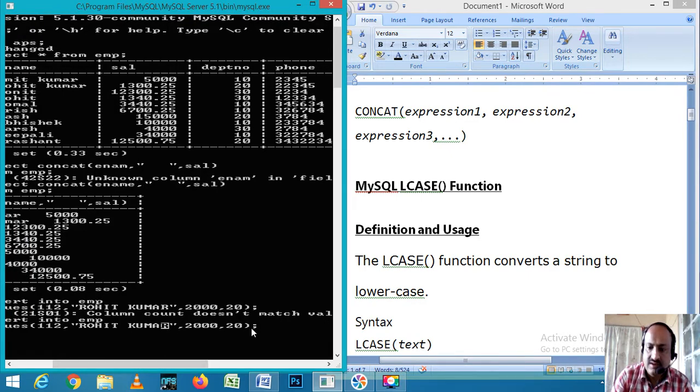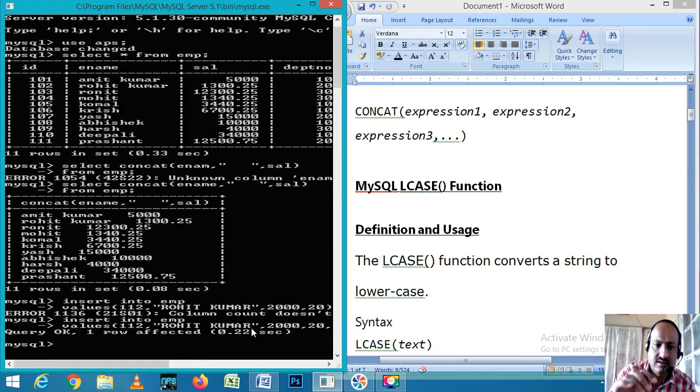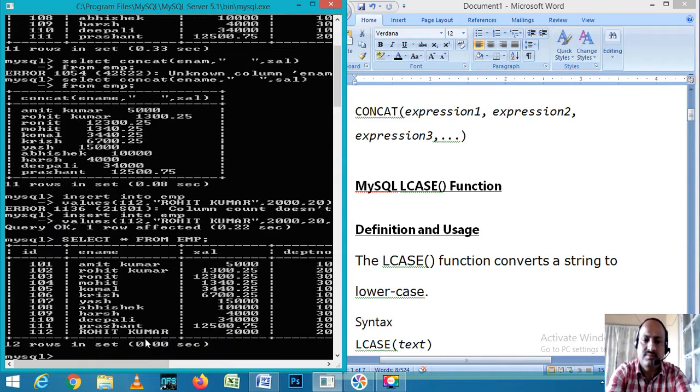So you have to write the phone number also, 20, comma, the phone number in the form of a string. Now you can check the query: OK message and one row affected. Now select asterisk from EMP. You can see there is one value, Rohit Kumar, which is in uppercase.